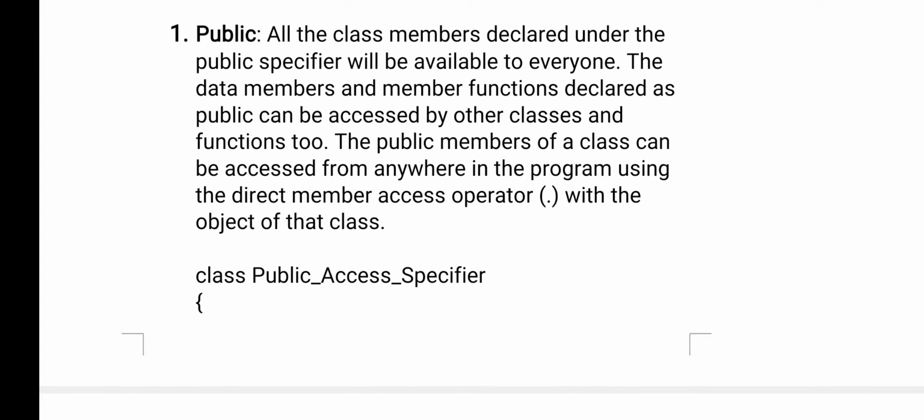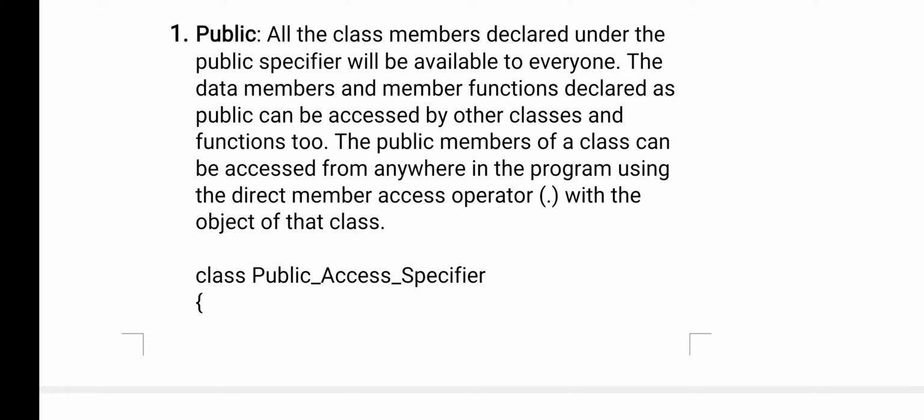See, public property means what actually? Anyone can use that property, yes or no? Similarly, if you have declared any data member and member function inside the public access specifier, that can be available to everyone in the program, every class in the program, the same class and other classes.